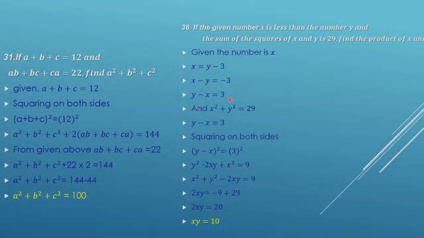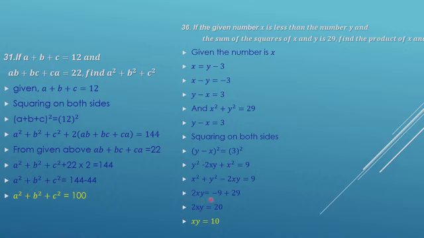Now, because the sum of the squares is 29, that means x squared plus y squared is 29. So if I square y minus x on both sides, or you can also solve with x minus y is equal to 3, your answer will remain the same, because minus 3, if you square it on both sides, you'll get 9 only. When you expand this, you get y squared minus 2xy plus x squared is equal to 9. X squared plus y squared we know is 29, and here you have minus 2xy. Remember, we have to find the product of x and y, so xy is also here in the form of solution.